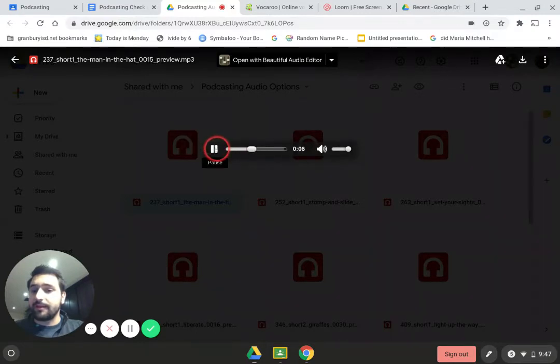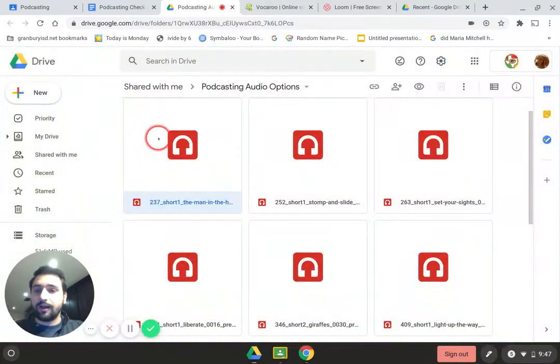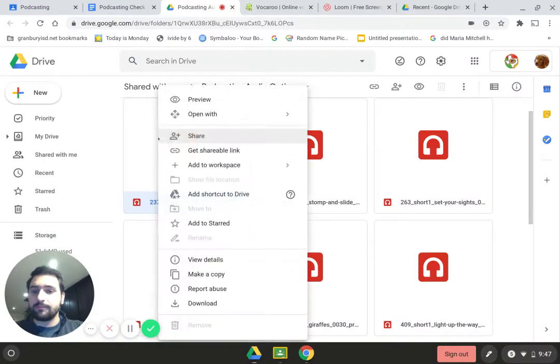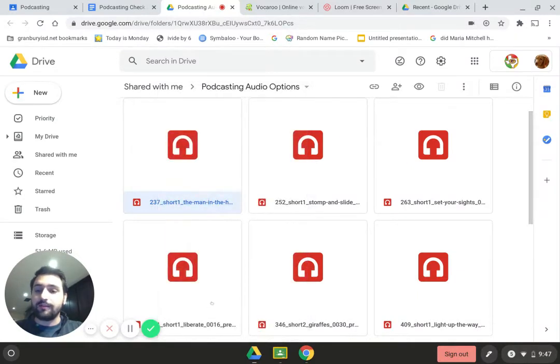Let's say that I really like this audio and I want to use it for my podcast. I'm going to right click using 2 fingers on the touchpad, and I'm going to come down here to download. This is going to download a copy of this audio file, and it's going to store it inside of my Google Drive. For you guys, all of this music was downloaded from a royalty-free website, which means that it's copyright compliant and you have the ability to use it for your podcast. So when you click download,